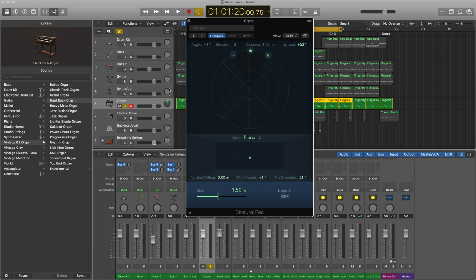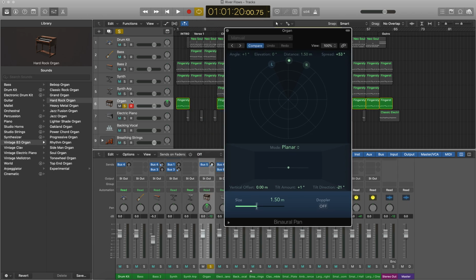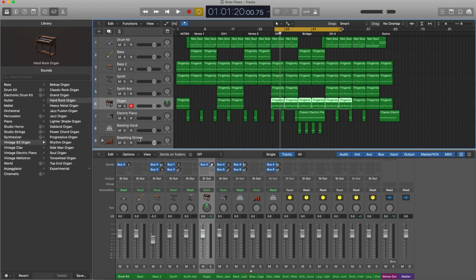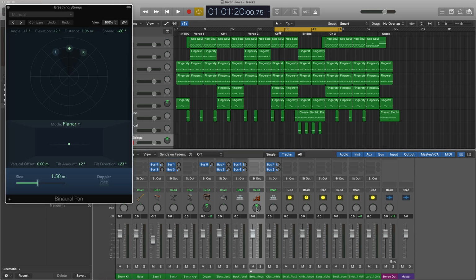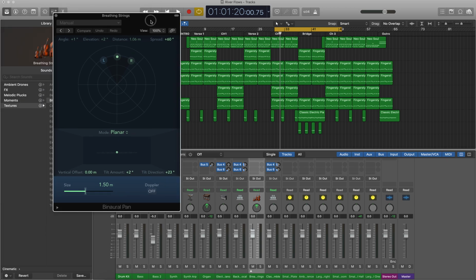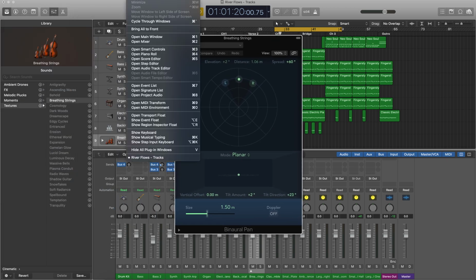So the way I like to use binaural is not on organs, but probably the best way to demonstrate it is on these breathing strings, because there's quite a few of them. So we'll select our breathing strings. We'll then right click on our pan, go down to binaural pan. There it is. And then we'll double click and open up the pan window. So if I bring up my musical keyboard,